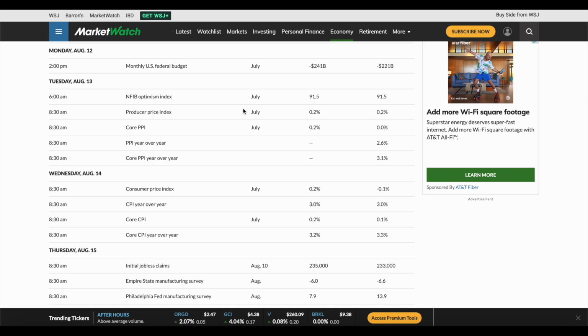And for Tuesday, August 13th, 2024, mind you, this week is a jam-packed week. We have CPI and PPI inflation numbers coming out, which is relevant because if inflation is worse than expected versus better than expected, then we might have an idea of whether September's rate cut will be 25 basis points or 50 basis points, potentially.